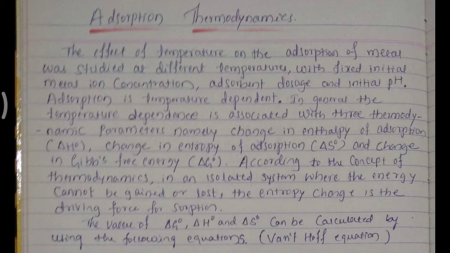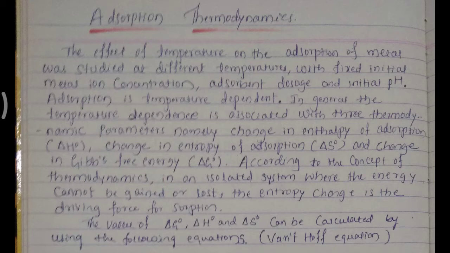Now we discuss adsorption thermodynamics. The effect of temperature on the adsorption of metal was studied at different temperatures with fixed initial metal ion concentration, adsorbent dosage, and initial pH. Adsorption is temperature dependent. In general, the temperature dependence is associated with thermodynamic parameters, normally the change in enthalpy of adsorption, symbol delta H naught, the change in entropy of adsorption, symbol delta S naught, and the change in Gibbs free energy,